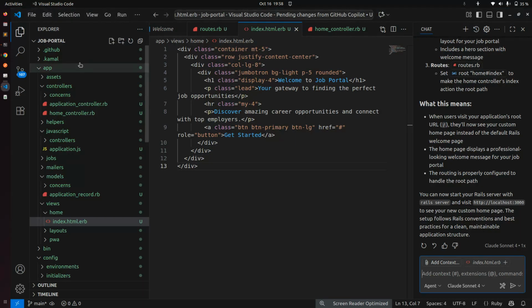Okay, so here you can see we did not write a single line of code and we got these things done. What we did here, we added a custom controller, set the root path and created a template for that custom controller's index section. Okay, now in the next lecture we will ask Copilot to add bootstrap for us in this Rails application. Okay, meanwhile just try this